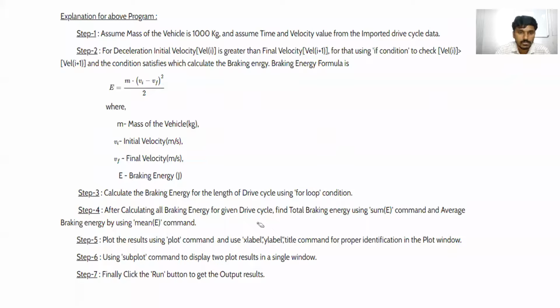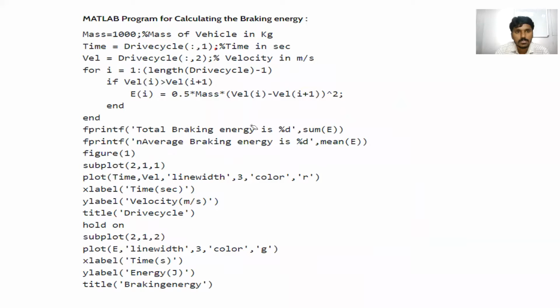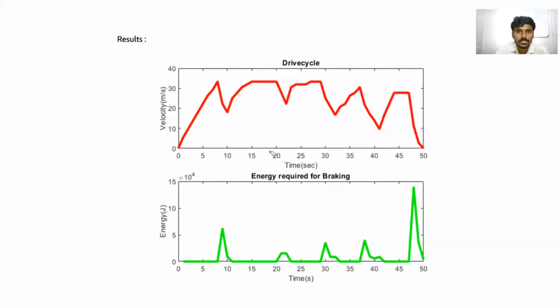Clear? So that will be displayed on the graph. Like this. After running this program in MATLAB, we will get this graph. This is the graph of the drive cycle, time versus velocity. At 0 time the velocity is 0. At 5 seconds the velocity is 20 meters per second. At time t equal to 10 seconds, the speed decreases again from 20 meters per second. This is the graph for the data which we give. Accordingly, this graph will be displayed.